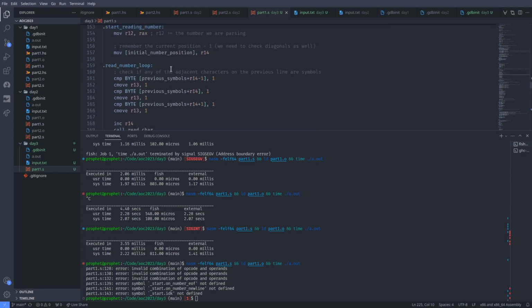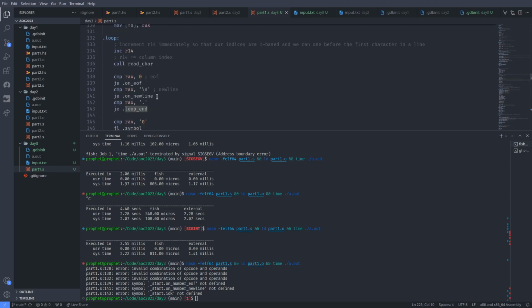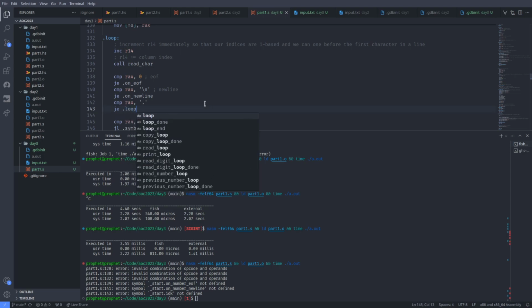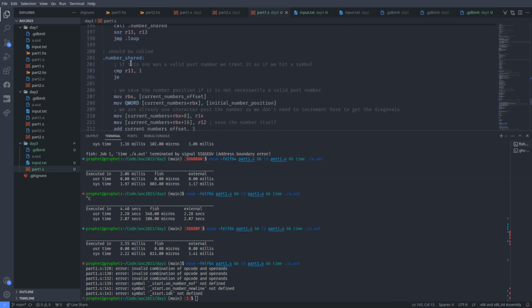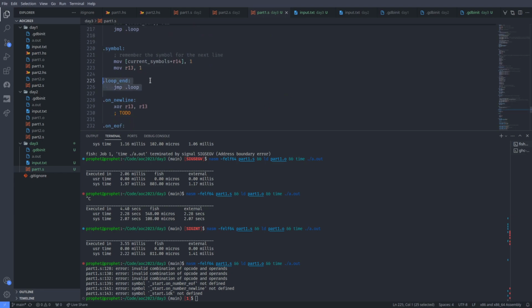Let's look at the loop end. Oh, right, if we hit a dot, we just jump back to the loop. Not sure why I did that. Okay, so if we hit a new line,